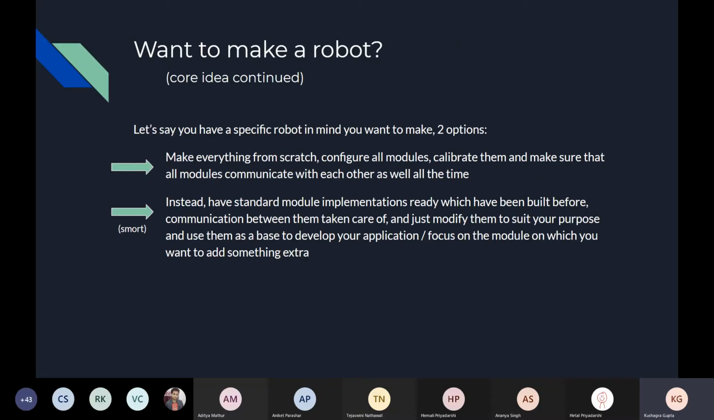So now you have a robotic application in mind, and you're thinking about it in very abstract terms, right? Just when you're about to start, you have two options in front of you. Either you decide that you'll make all of these modules from scratch, develop all these modules yourself, calibrate them, and make sure that even the inter-module communication is there. What I mean by this is that you'll make sure that